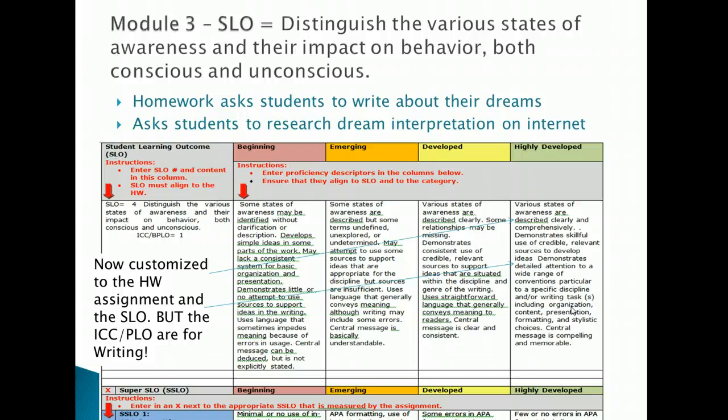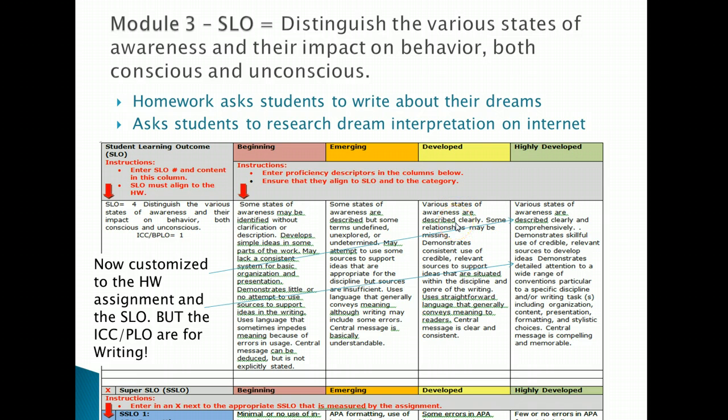So you can see how easy it is to fall off track if you're not using a rubric that has been normed already to the VALUE rubrics for writing. So here we have used those VALUE rubrics for writing, and you have been provided with that rubric, and then you are customizing it to the exact task that the student is going to do, and then how well they do that. So when we get down here, and we note that these titles may be changing,